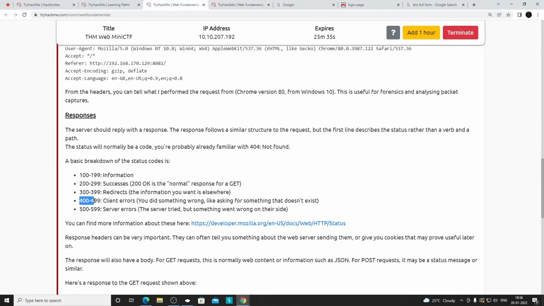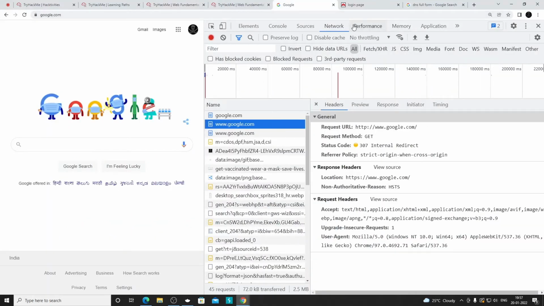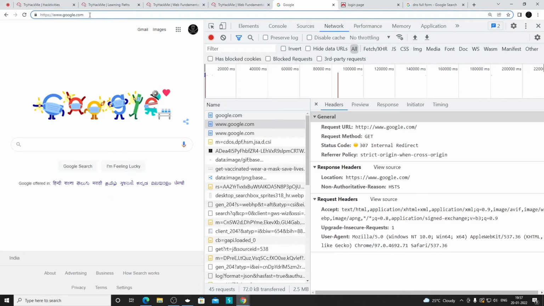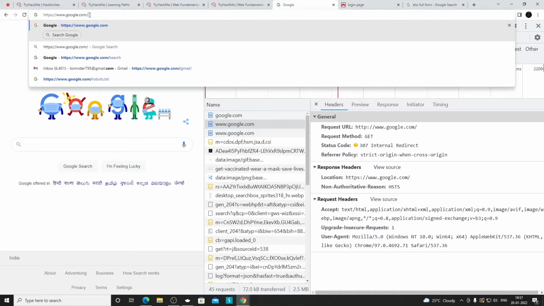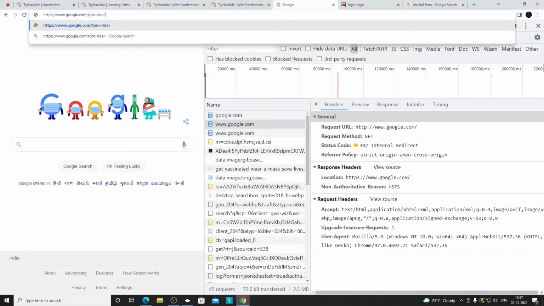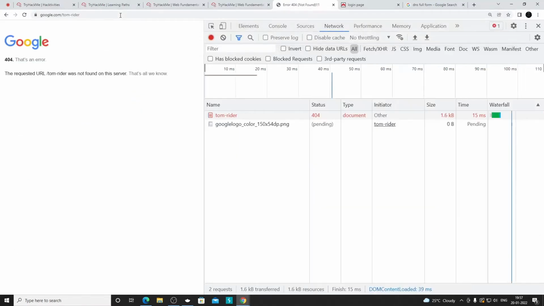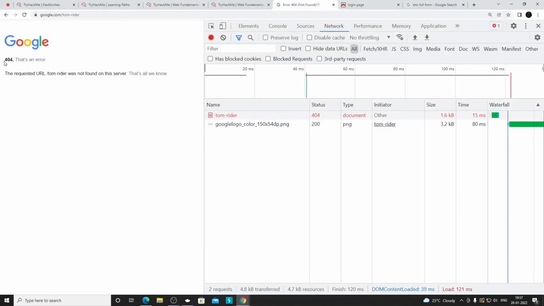If you have a number from 400 to 499, it's a client error, meaning you didn't send a proper request to the server. Your request was bad. Sometimes I guess you must have seen that whenever you try to load a particular URL, it gives you 404. What that means is the page is not found. You requested a particular page that doesn't even exist on the server. For example, if on google.com I search for something like Tom, and then try to access this Tomb Raider page, if you press enter, you can see you got a 404 here.